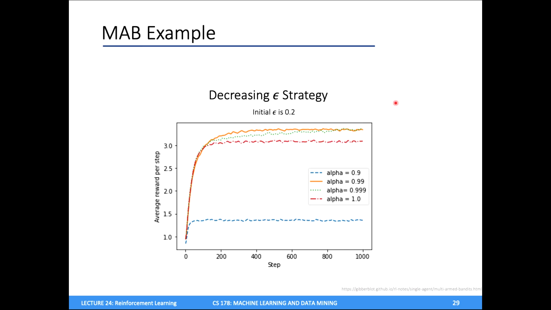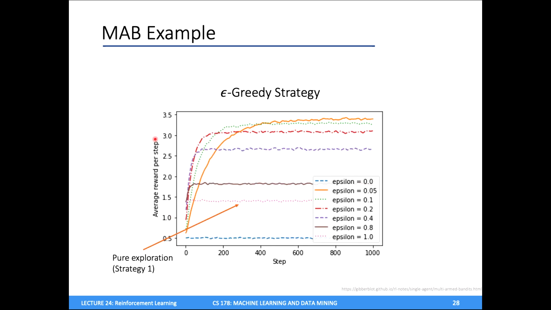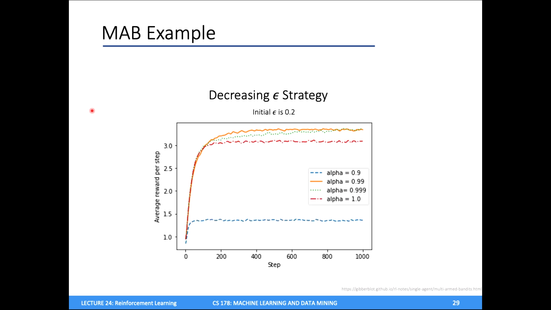Another really cool feature of this decreasing epsilon strategy is that the agent is able to more quickly learn what the good arms are. So here it takes something like, say, 50, 100 steps for the agent to really figure out what arms are good. But in this strategy here, it often takes on the order of 200 steps for the agent to figure out what arms are good. So this is just to illustrate that the strategy you use in this kind of problem can have pretty significant impacts on not only the speed at which your agent finds good actions, but also the overall value of the actions that it finds.